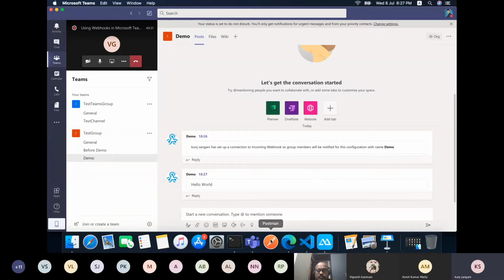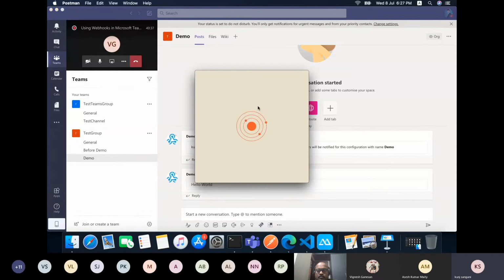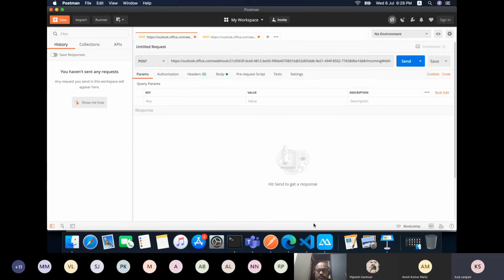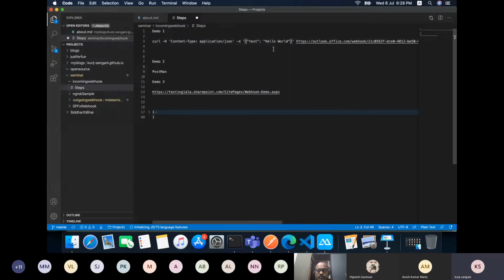Now we can even send the data using message cards and adaptive cards as well. In this demo, we'll see how we can send the message not only in text format, but in other formats like adaptive cards or message cards. So we'll use our webhook callback URL.